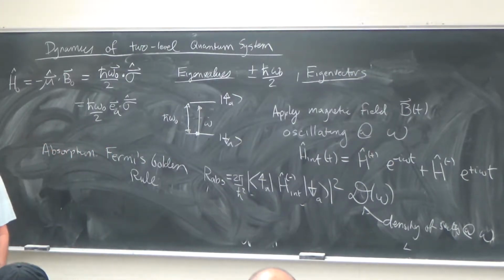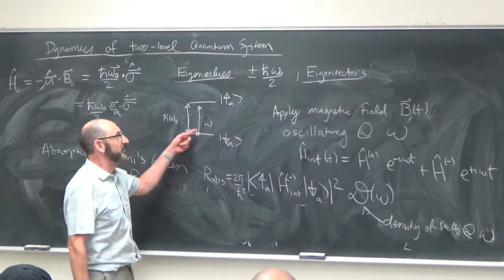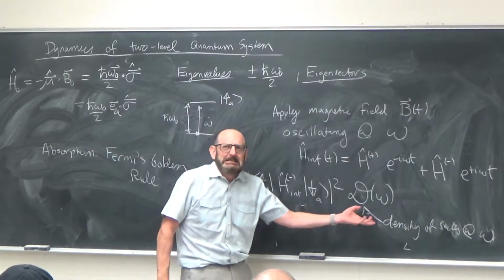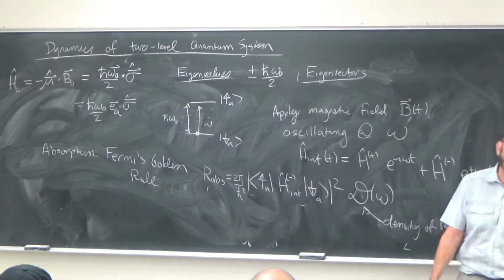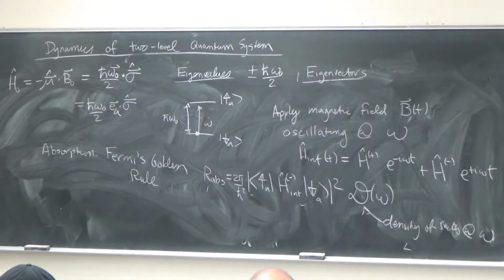So, what the heck? Now, Fermi's golden rule is the standard physicist's tool for thinking about absorption and emission. You have some interaction Hamiltonian with the matrix element that takes you, in this case, from here to here, and then density of states. How much density of states are we talking about here? Well, there's life beyond Fermi's golden rule. Fermi's golden rule actually has very limited applicability. Fermi's golden rule is appropriate when there is a kind of,